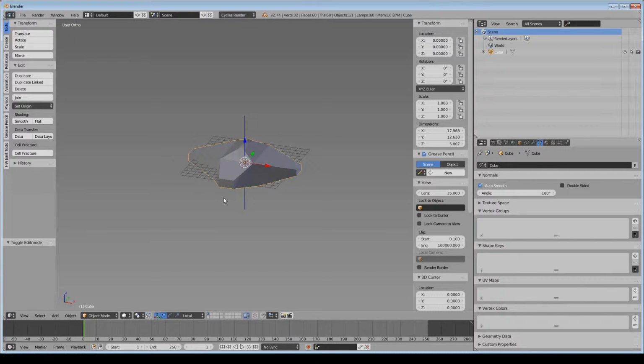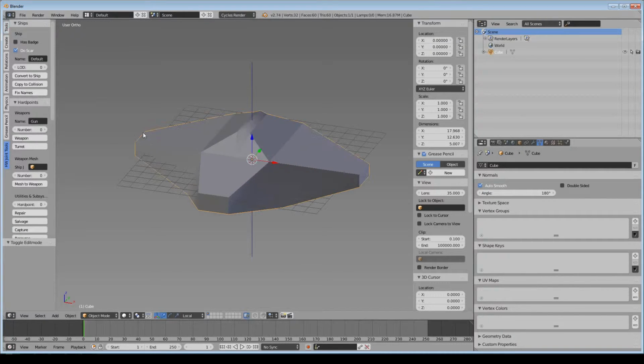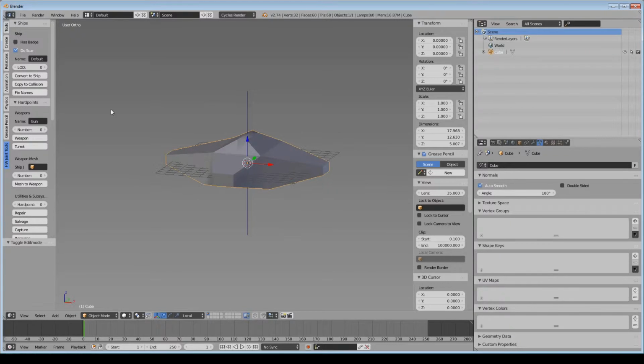So, to start with, you can see that there is this new button right here. You see it? It's called Fixed Names, and I'm going to show you how it works in just a second. So I've got this kind of default dumb ship made, so I'm going to do the convert to ship as per usual,